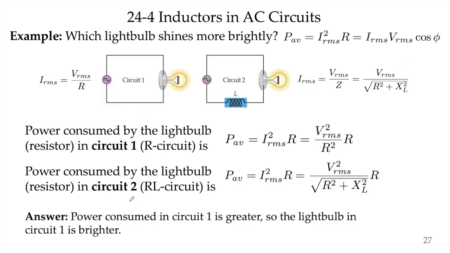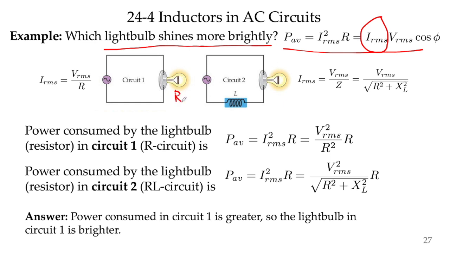Let's continue. Now here, it's a similar question, just like the previous one, but here instead of a capacitor, we have an inductor. Which light bulb shines more brightly? The same question. And the power is given by this formula that we learned. But of course, you need to know the current. How do you calculate current? If you have just R,